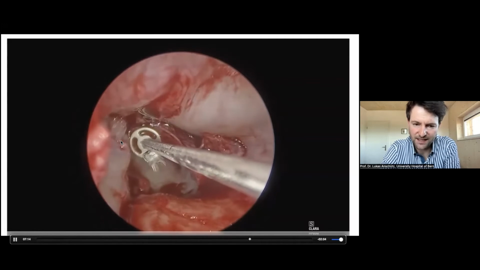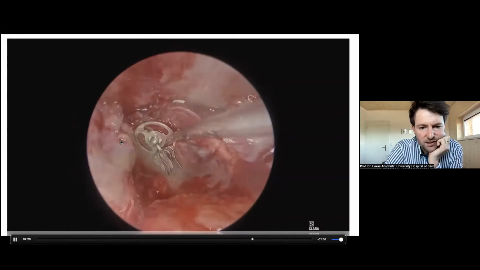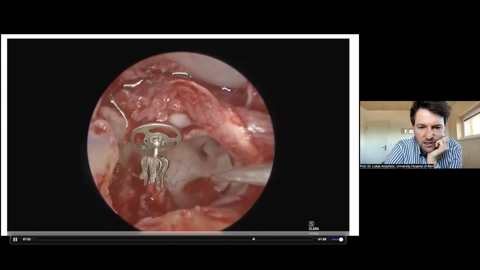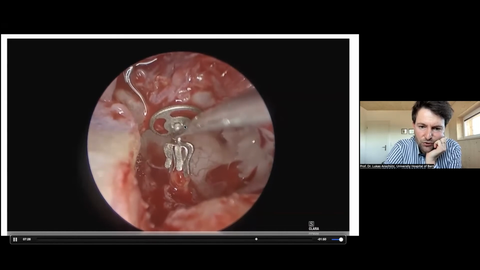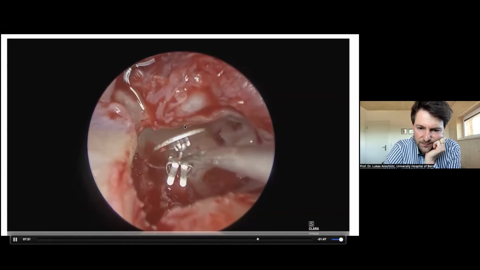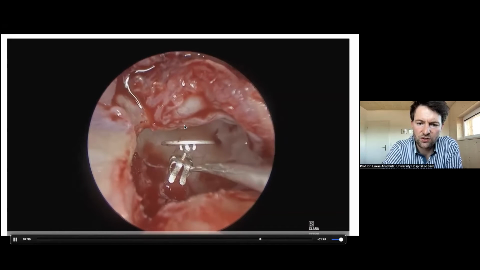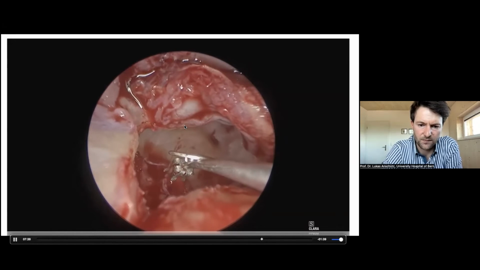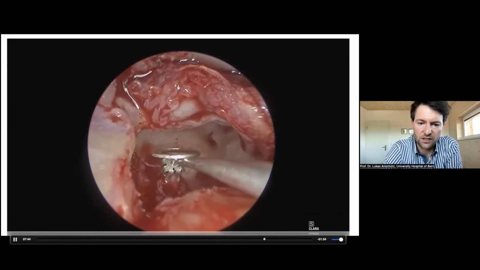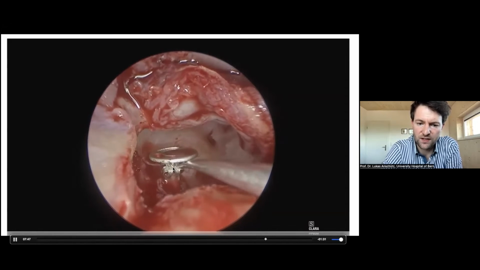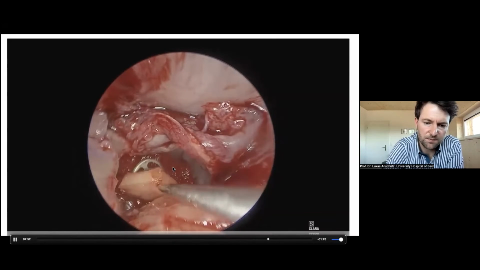And then I show you a second technique for the application of the titanium prosthesis, here with the suction. Then the suction is closed, and you see the prosthesis holds on the hammer, and you can very gently push the prosthesis into its position. You see it's a very straightforward procedure. It's quite fast. It's almost the original sequence. And so you can fix it very gently to the stapes. Be very careful. Don't push on the stapes too much.